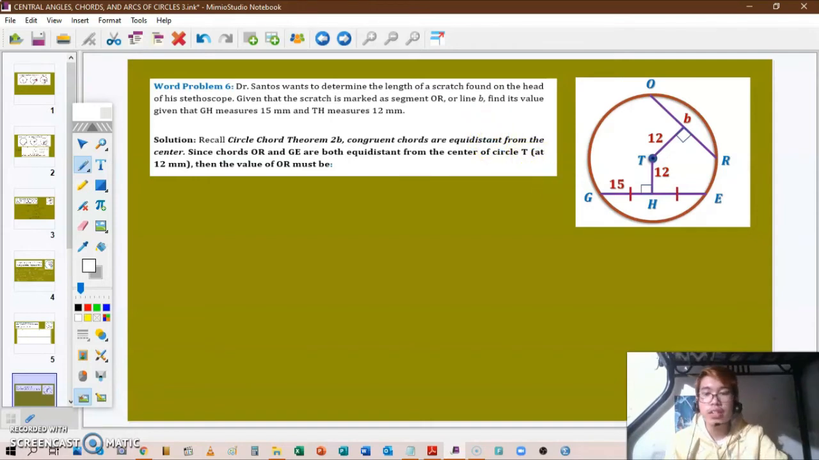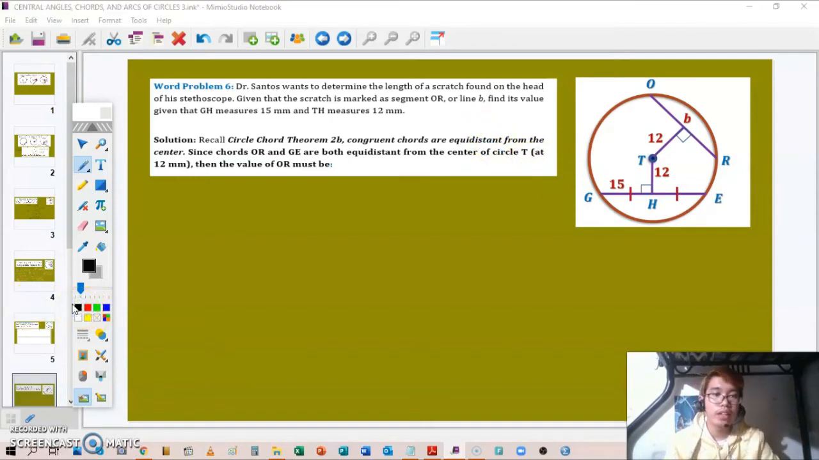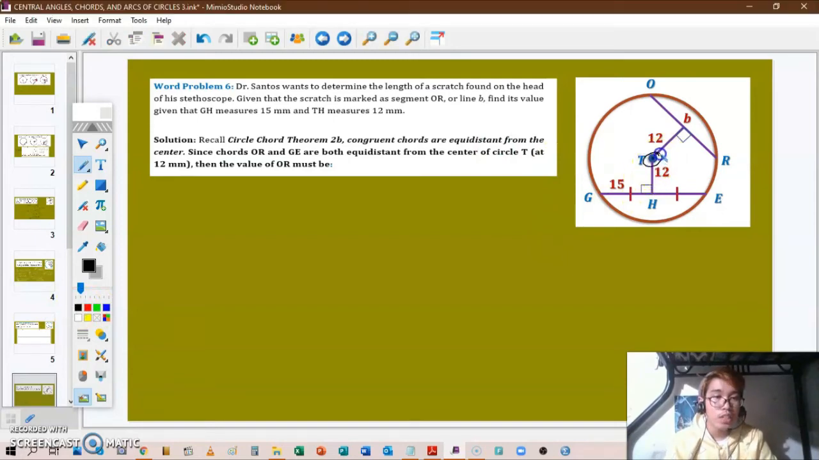So we can see here, guys, that TH is equidistant. These points here are equidistant to each other. TH, let's say this is point X. TH is equidistant to point X because TH is equal to TX. So this is not the radius, this is just a segment found in the circle. So therefore, since they are congruent to each other,